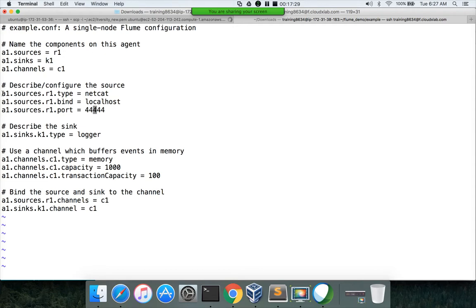And then if you see here, we start with the agent name and the sources. So these parameters are related to sources, and then this is the source name, which is R1. If you have multiple sources R1, R2, R3, and if you want to set the properties for R2, then you have to say sources.r2.type, and whatever parameters are related to that type you will follow after the type.